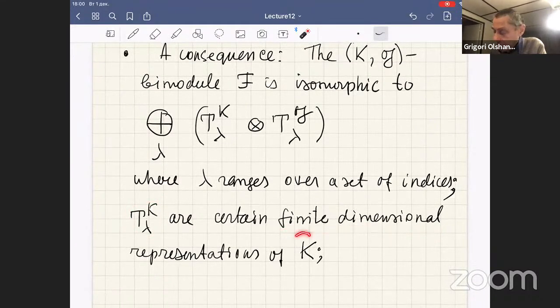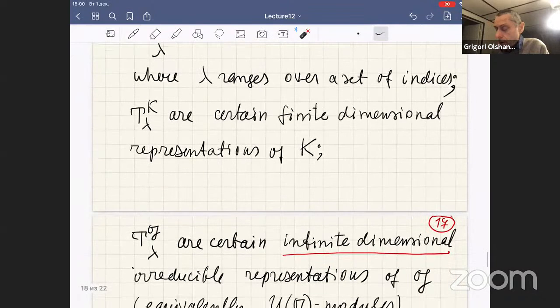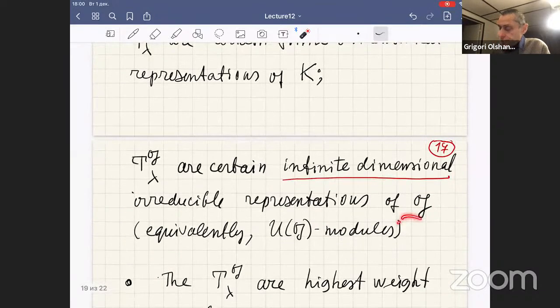These are representations of a compact group, and irreducible unitary representations of a compact group are finite dimensional, but these modules are not finite dimensional, they are infinite dimensional. So these are certain infinite dimensional irreducible representations of G, which is the same as of a universal enveloping algebra, but